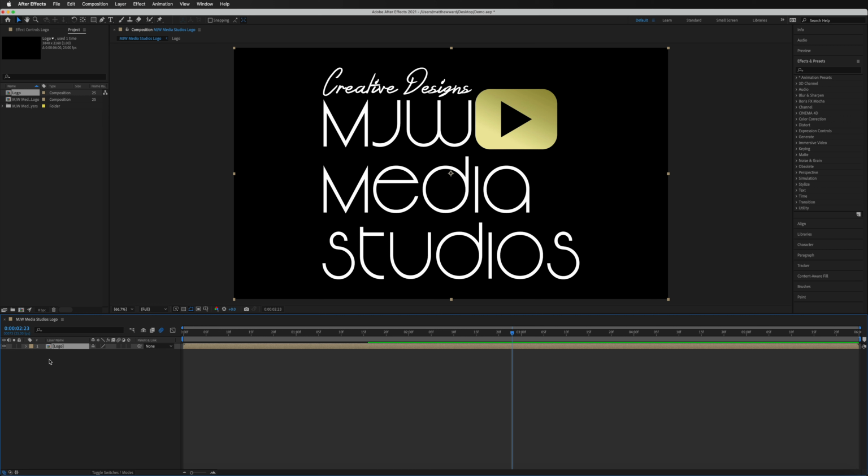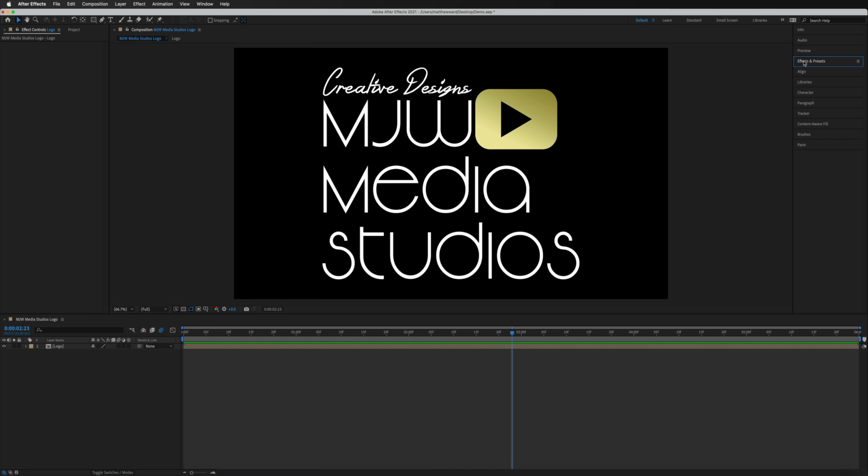So if we just go ahead and hit spacebar on our keyboard, it's just going to play as it originally did. There's going to be no difference in the animation whatsoever. It's still reading all the information from the new composition or group. But now we have the option to apply an effect to this entire group rather than having to do it all individually, which would take a lot more time. But what we're going to do now is just make our way over to the right hand side of the screen where we have our effects and presets. Mine is already open, but if you guys don't have yours open, just go ahead and open that up.